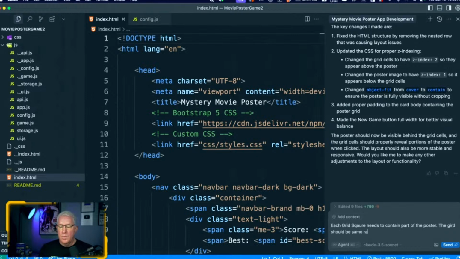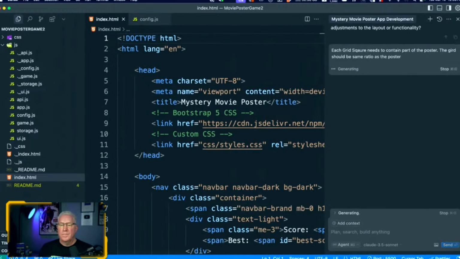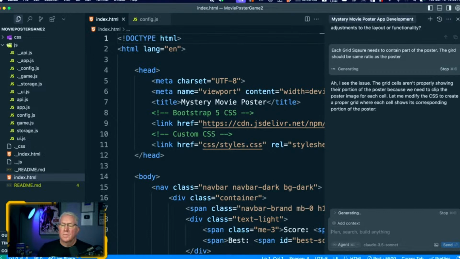Otherwise, it might stretch the poster to match the grid, and that would be bad. Oh no, because we need to clip the poster image for each cell. Do we? Well, it's like making little squares for each one. Okay, maybe, yeah.